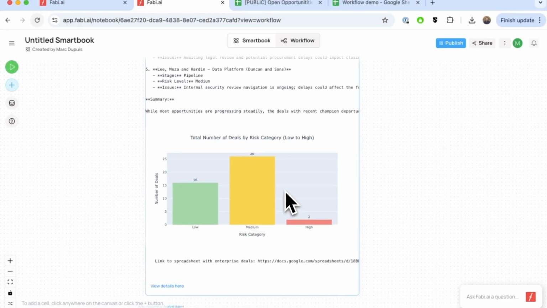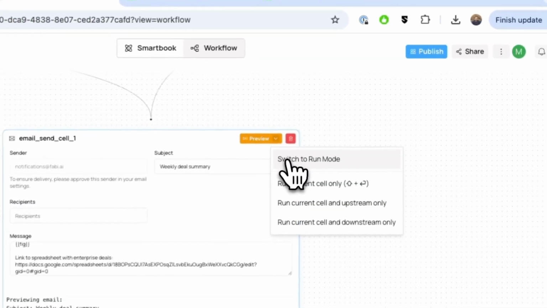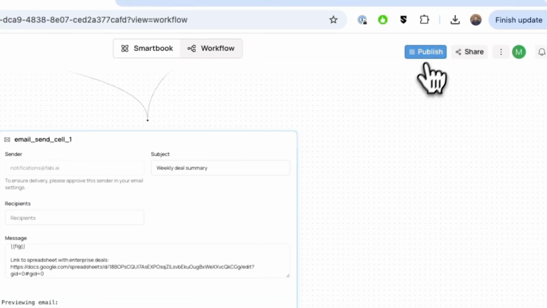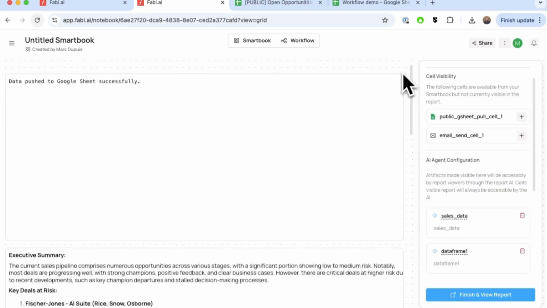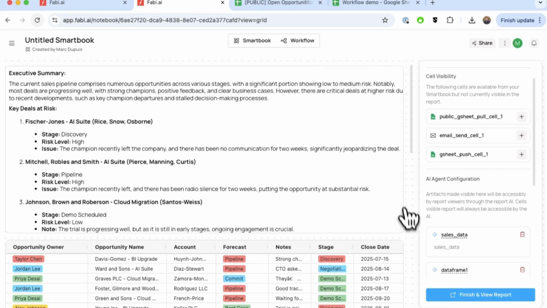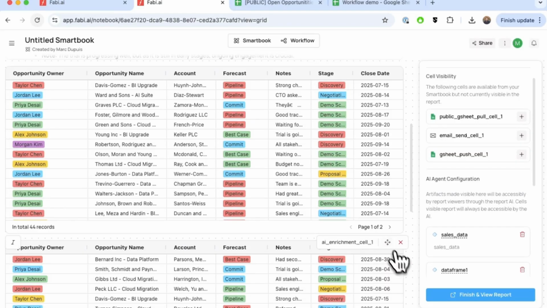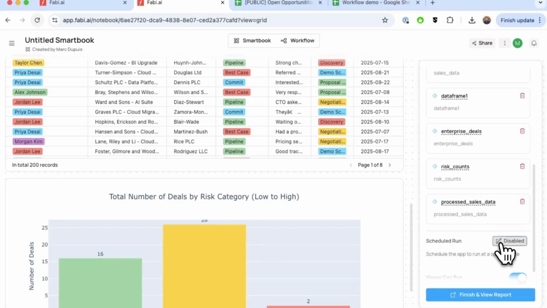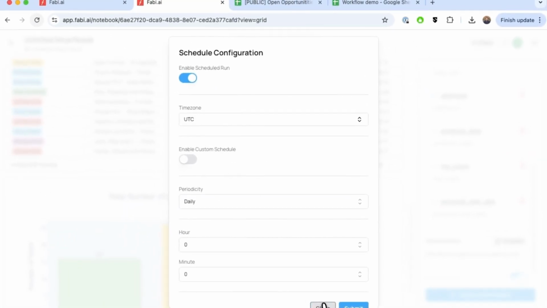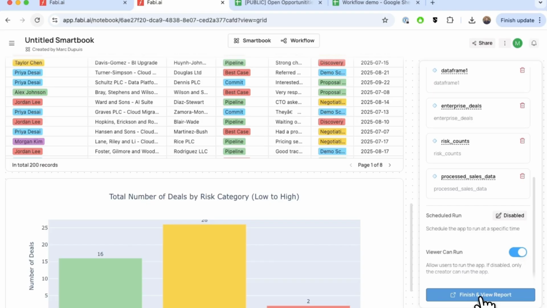Once you're ready to send this out, you can switch this over to run mode. And then to schedule it, you simply hit publish. And you can basically build an interface to this. So you don't necessarily have to configure this, but you can configure the dashboard that is available. Again, you don't necessarily need to spend too much time here. But once you're ready and the email is all prepped, you simply hit the schedule here, you select the schedule that you want, you hit finish and view report, and that will schedule your email to go out on your regularly scheduled basis. And just like that, you see how easy it is to build these insight pipelines and meet your